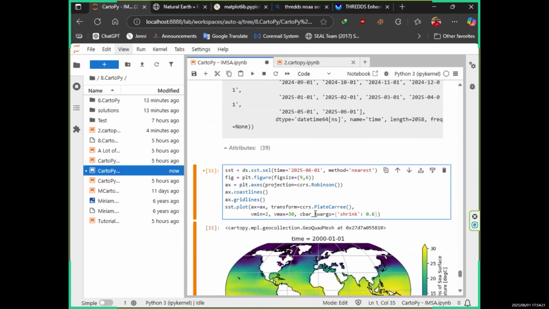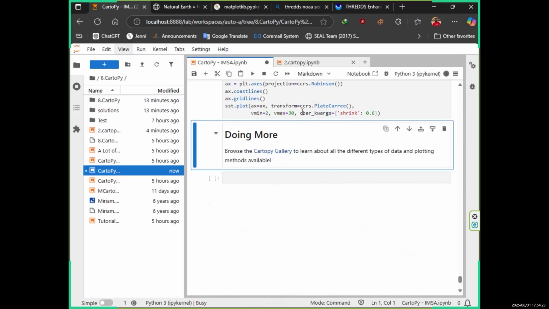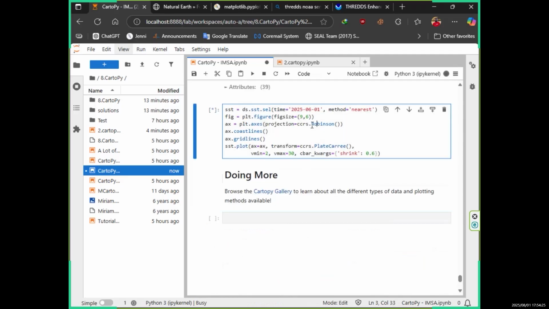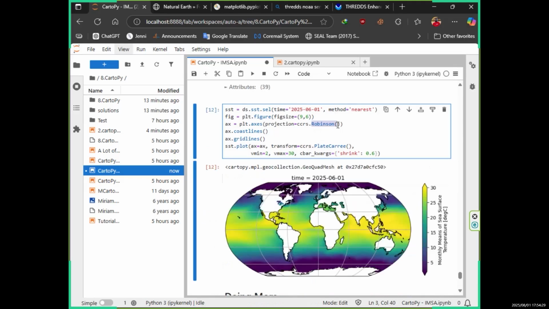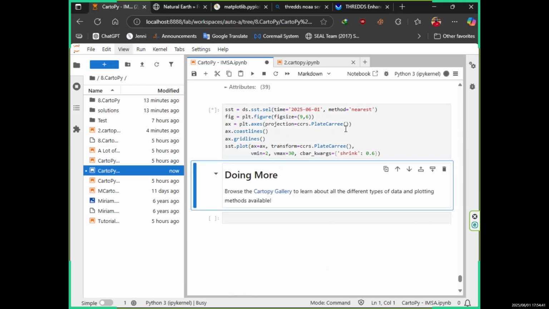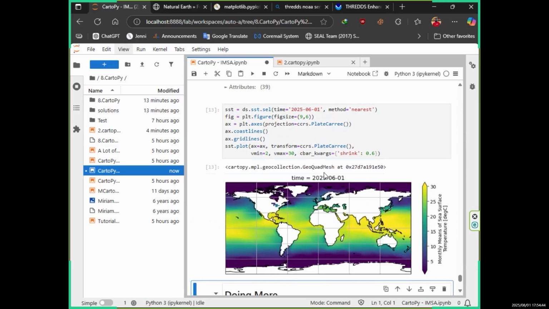So now how can you set this one? We discussed that here I am going for the Robinson coordinate system. I don't need this one to be a Robinson coordinate system. If I need this one to be a flat map, how can I change it? I will change this one and run it. What will happen? Now the map is changed. Now if I need to focus on a specific area, I need to set the